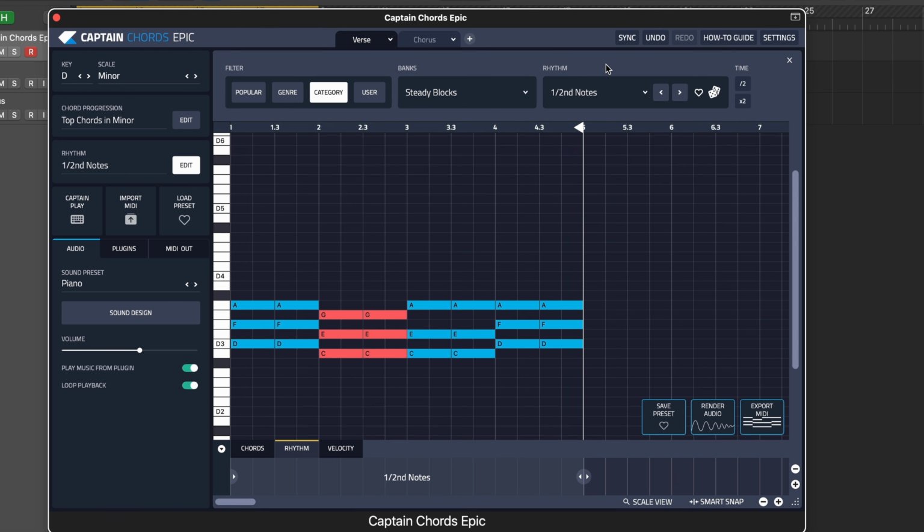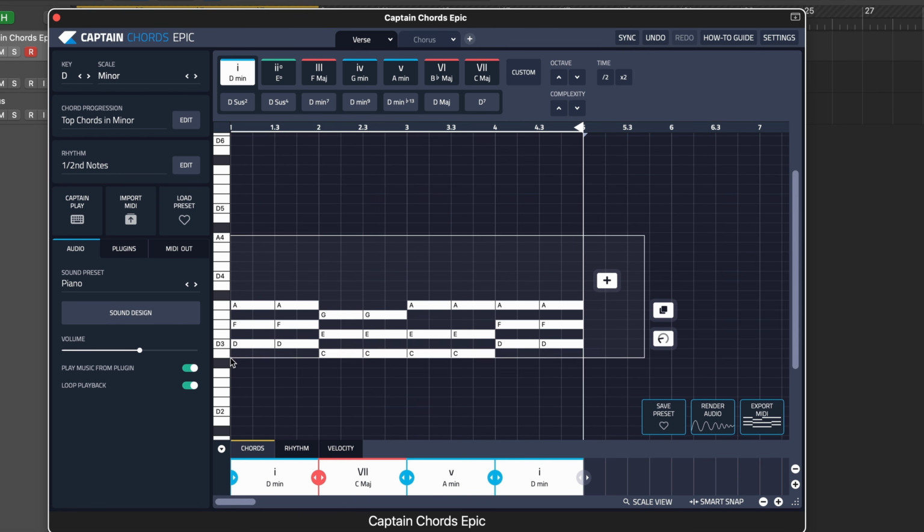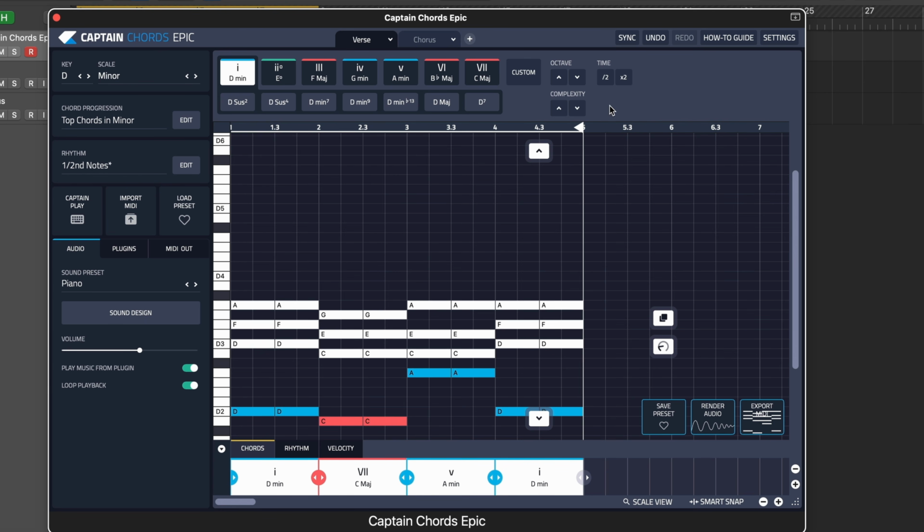All right, I like that. It's simple, but actually it works quite well. What I would want to do to this now is probably add some complexity just to thicken the notes out. And you can also experiment with the half and double time as well, which can give some quite cool results. Whether it works with a vocal, it's hard to say. You just have to try it and see.